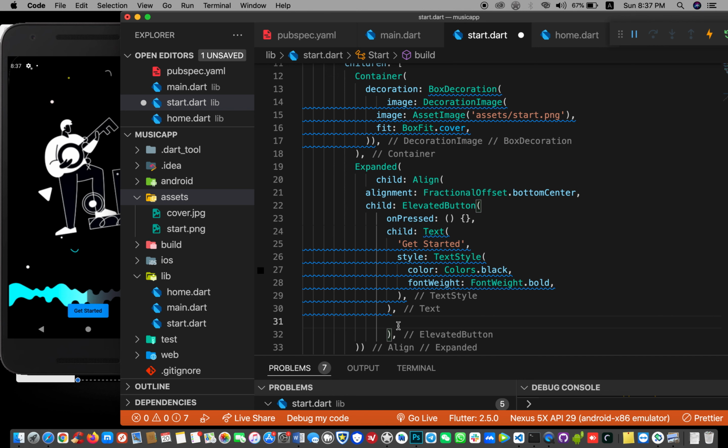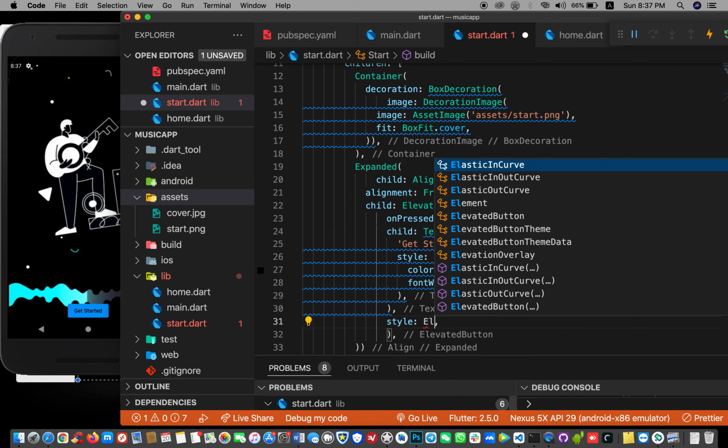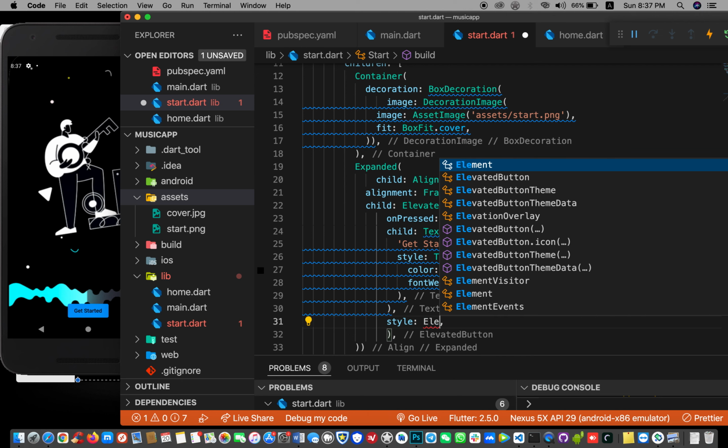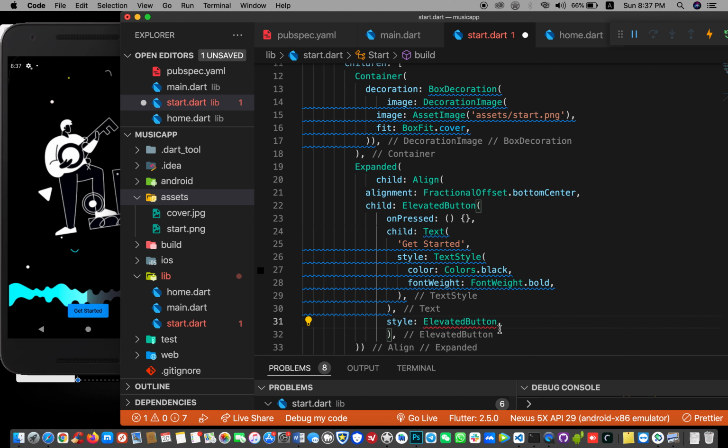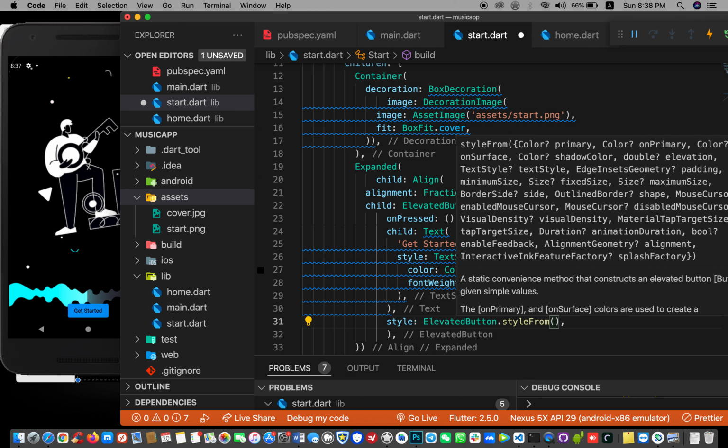So here, let me add the style. Okay, and this will be ElevatedButton. Yeah, ElevatedButton. Let me use this, but we're gonna add dot styleFrom to this, ElevatedButton.styleFrom,